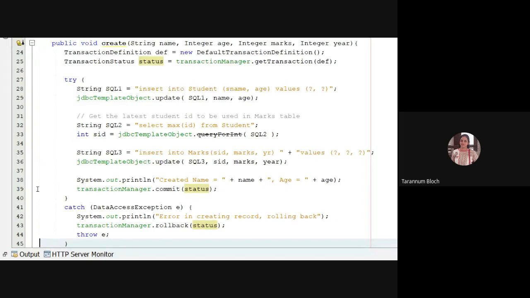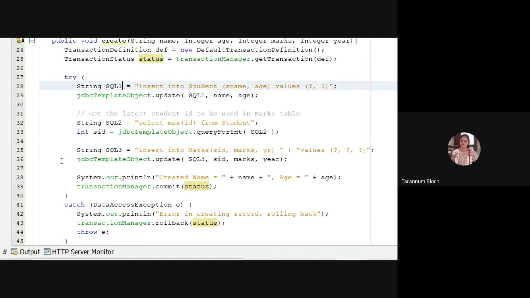You see, our transaction will have 3 queries. SQL1, insert into student, name and age. This is a prepared statement, but you are not writing the 5 JDBC steps. Instead, you are writing the JDBC template object dot update. So dot update will update your query, your database instance.